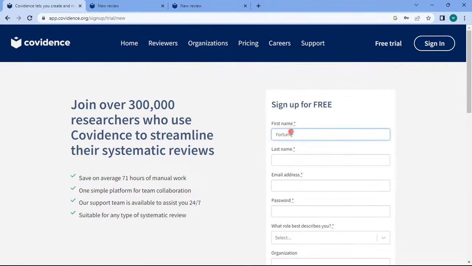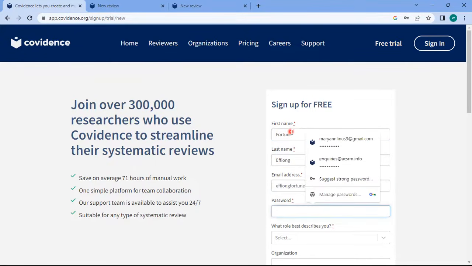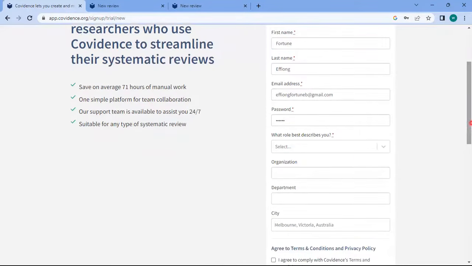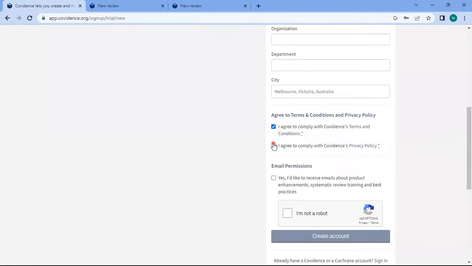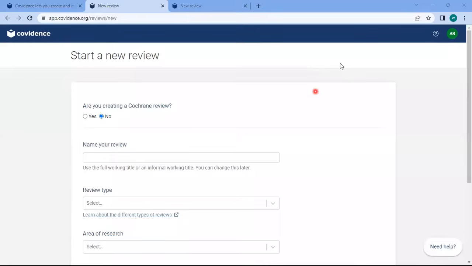Signing into Covidence is easy. You just need a few details: your name, your email address, and password. And your role and organization, these are optional, and then that's it. You create your account. Once you create your account, you'll be taken to this interface that says start a